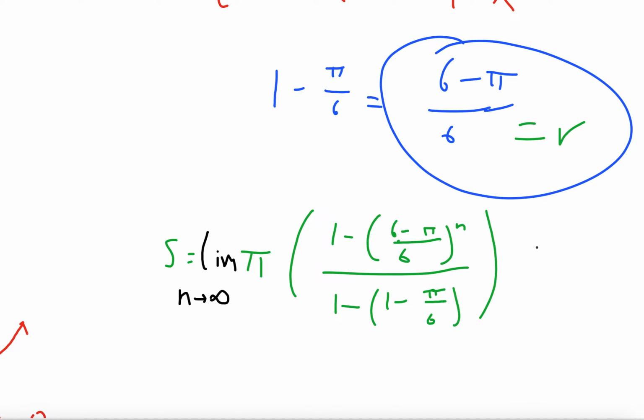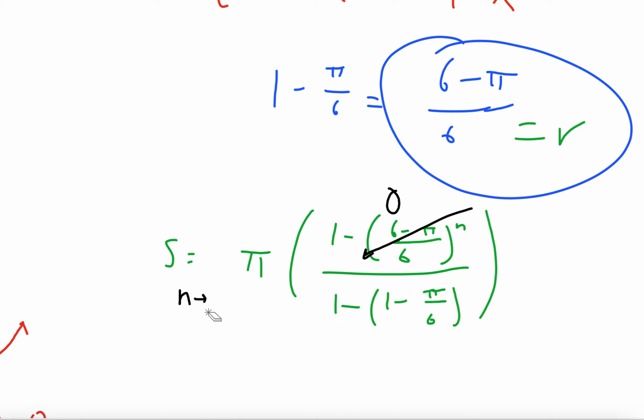Well, we know that pi is about 3.14, and 6 is greater than that, which means that 6 minus pi is going to be about 2.9, and that's less than 6, which means that when you take 6 to the n, that's going to grow at an exponentially faster rate than the top, which means that, again, as n goes to infinity, this bottom term dominates, and this expression goes to 0, which is just the same reason we used